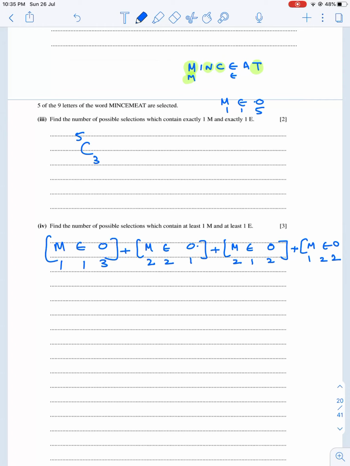Okay, so how do you go about doing this question? If you want 1 M and 1 E, that means you have to take 3 other letters, and there are in all 5 other letters. So 5C3 for this. As far as this one is concerned, if you're taking 2 M's and 2 E's, then you are left with just 1 other letter. So you have to choose 1 from 5 other letters. If you're taking 2 M's and 1 E, that means you're just supposed to take 2 other letters from the 5 other letters. And lastly, if you're taking 1 M and 2 E's, you're just supposed to take 2 other letters. Okay, and you solve and get the answer for this part also.